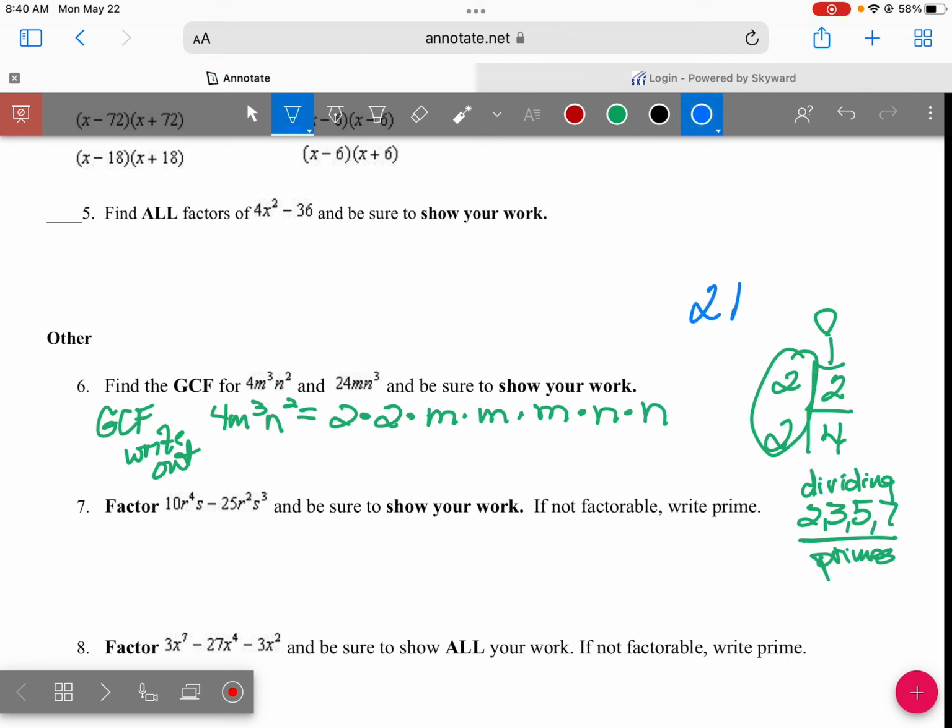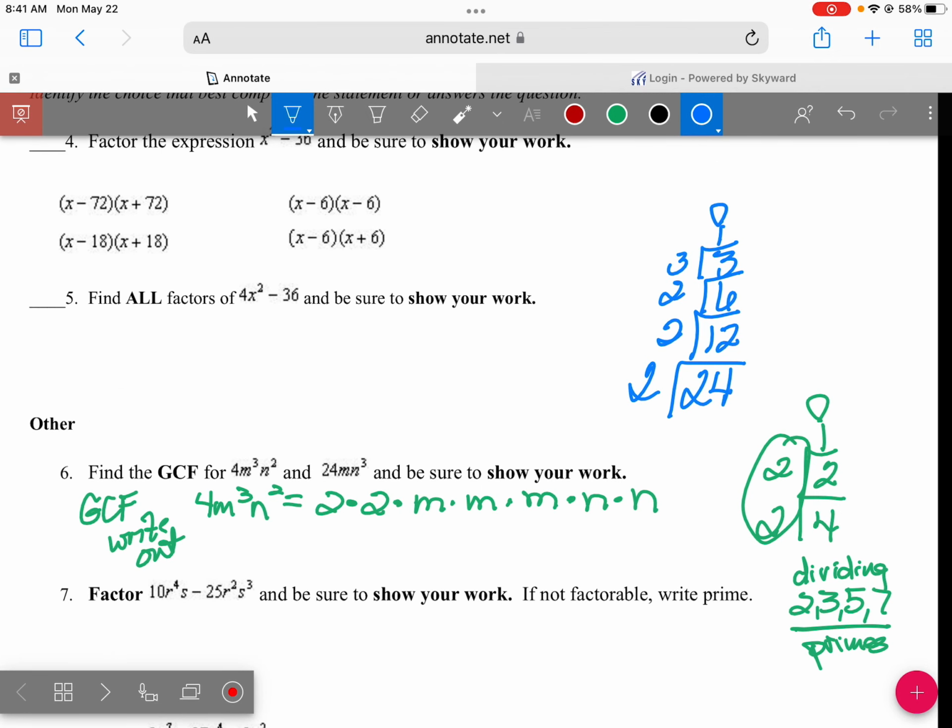24. Remember, I always used to say either divide by 2 or 3 if possible. And if 2 or 3 doesn't work, then divide by 5. So 24 divided by 2 is 12. 12 divided by 2 is 6. 6 divided by 2 is 3. 3 divided by 3 is 1. And that gets me my birthday candle. So this is